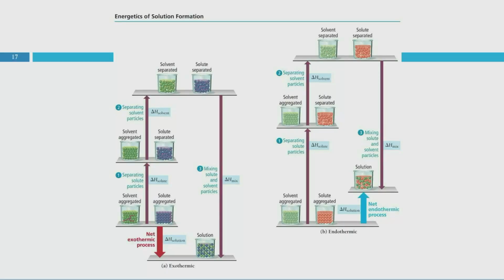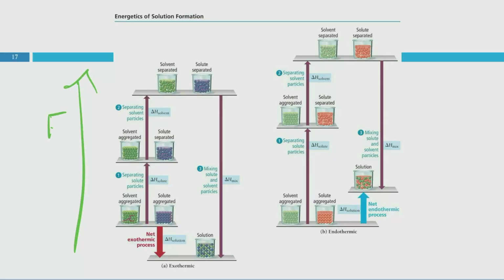Wow, that's a lot of stuff to look at. So where do we start? We're starting with our solvent aggregated, that's all put together, and our solute aggregated, all put together. Our first step, we're separating out the solute. So our little purple blobs here separate out. There's a little bit more space. It's not evenly mixed together, or it's not nice and uniform. We also separate out our solvent particles. So now we've got everything separated out. We had to put energy in,